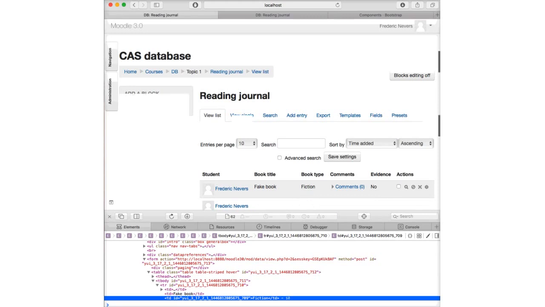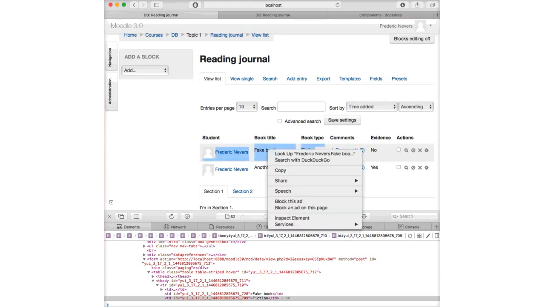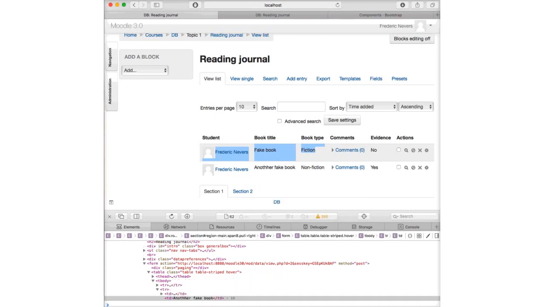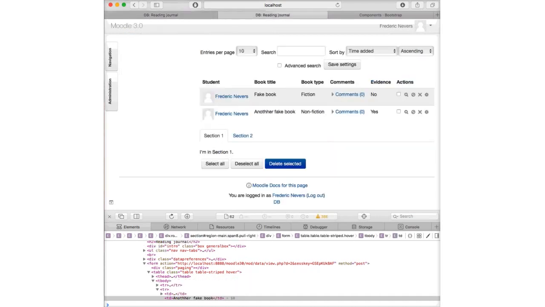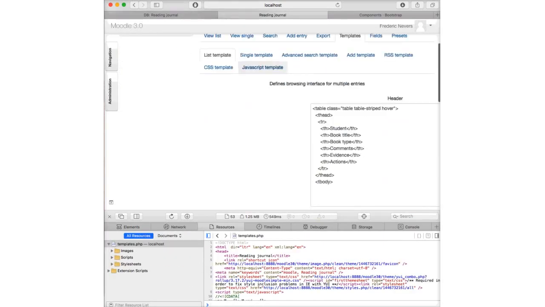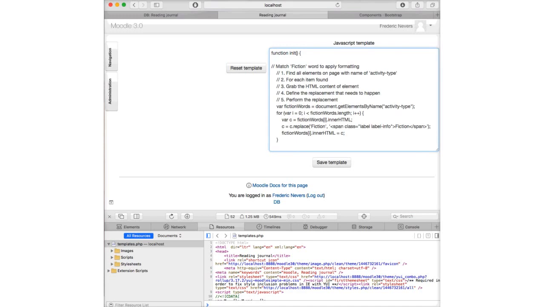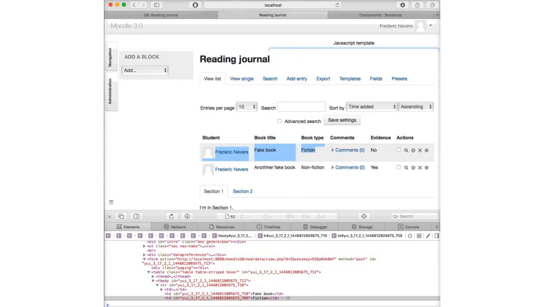Now I think the problem is that we don't have the class name. So what I'm going to do is go here and say, okay, our code is looking for, hang on, let me go back to it. It's looking for something called activity. I put the curly brace in the wrong place, but there is something else anyway. That's not quite right there. So thanks for spotting that, though. I appreciate it. Here, we look for something called activity type, but we need to check whether it's in our code